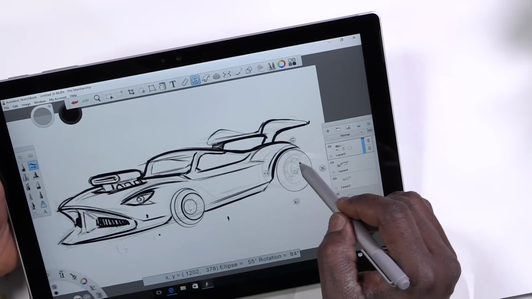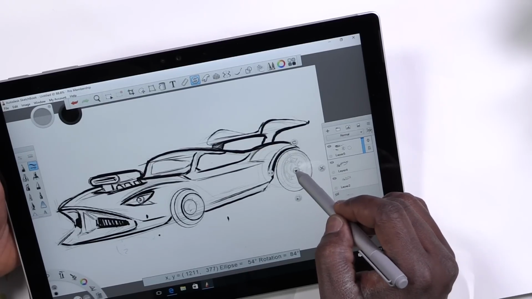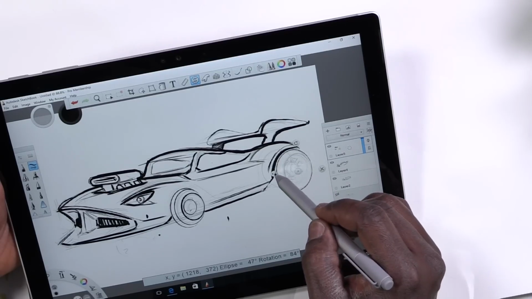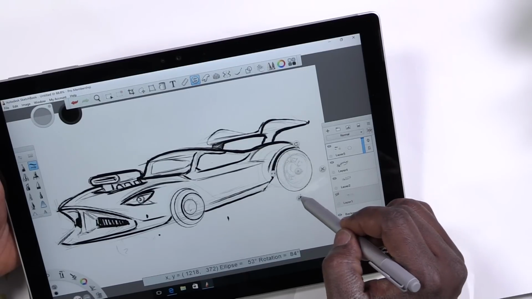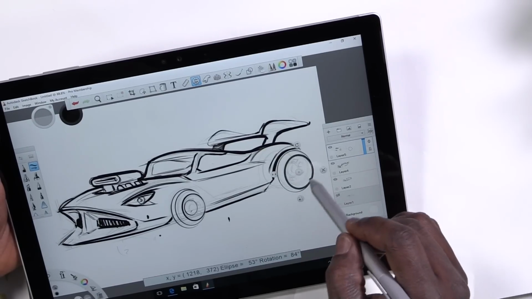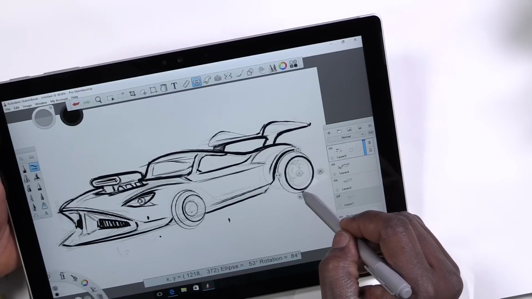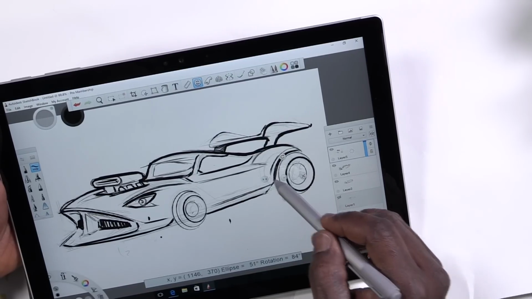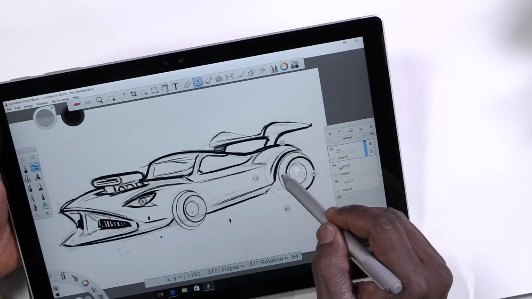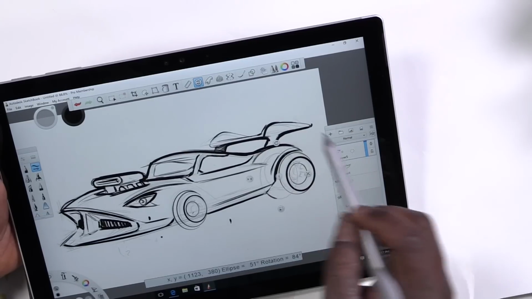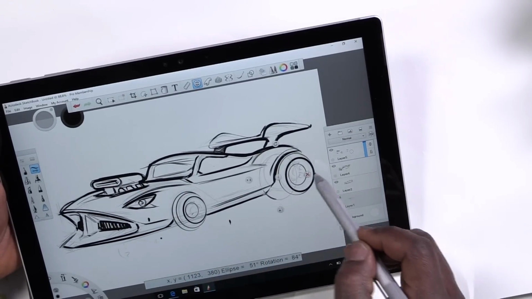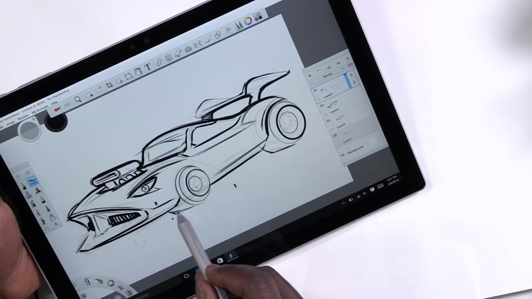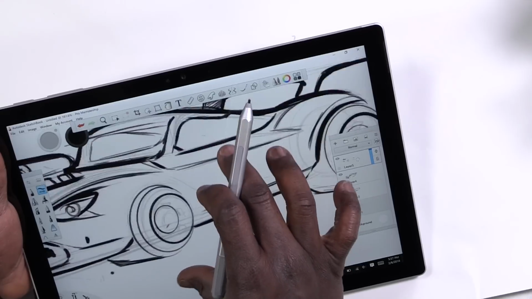So rotate, scale, move. And let's scale this down for the inside. Okay. Scale up for the other side of the wheel. This is a really wide wheel. So once I get rid of that guide, I can now kind of finish things off, right? So let's zoom in